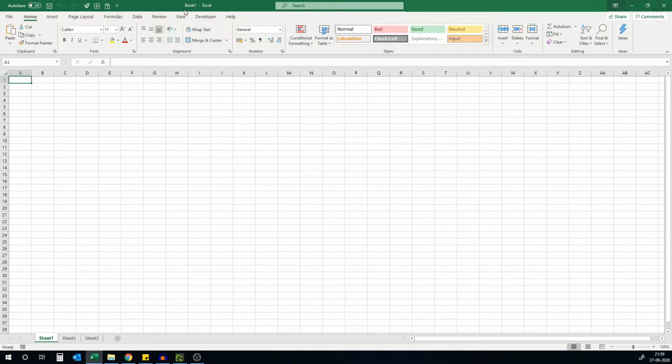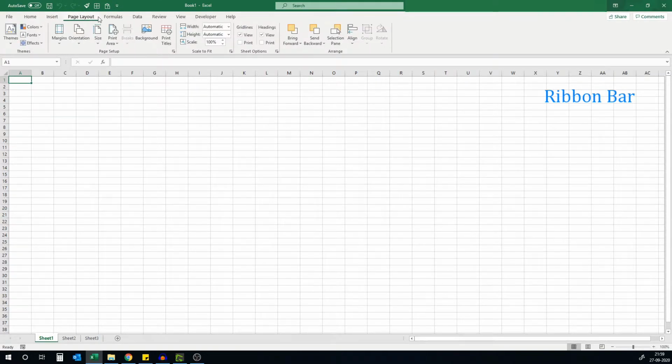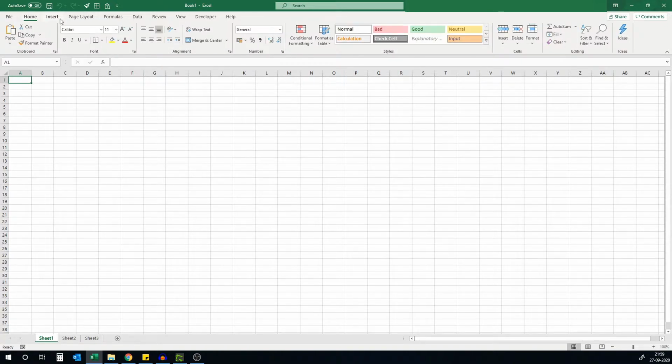Next, we have the ribbon, which has different tabs like File, Home, Insert, Page Layout, and so on. Each tab has different features. Notice that these features are grouped together depending on their type and use. For example, in the Home tab, we have Clipboard, Font, Alignment, Number, and some other groups.